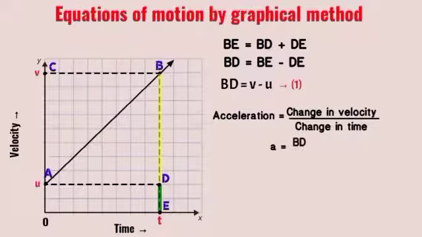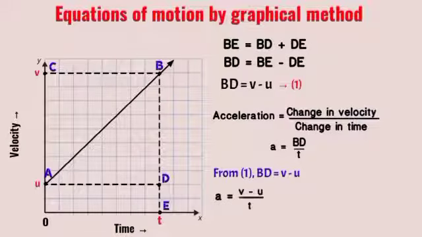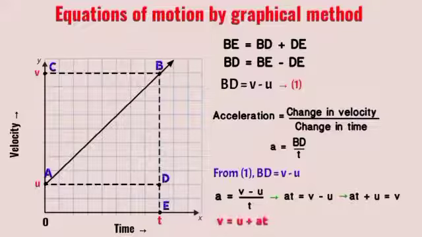Now from equation 1, we have BD is equal to V minus U. Let us substitute the value of BD as V minus U in the above equation. We get A is equal to (V minus U) upon t. If we transpose t to the other side of the equation, we get AT is equal to V minus U. Now transpose U to the other side, we get AT plus U is equal to V. If we rearrange this equation, then we get V is equal to U plus AT, which is the first equation